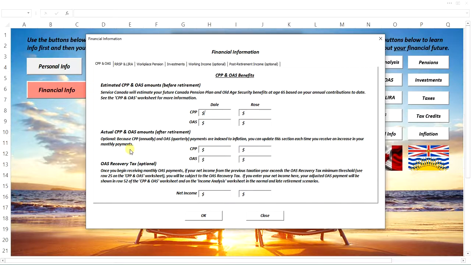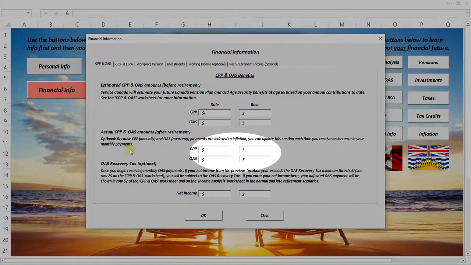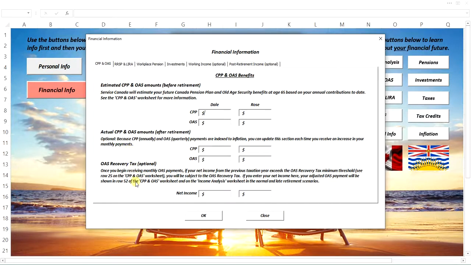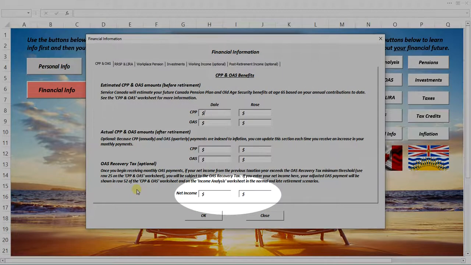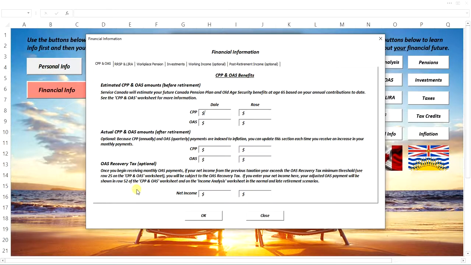In that case, once you start receiving your CPP and OAS, you can come back to this form and enter your actual amounts here. The OAS recovery tax is explained in great detail on the CPP and OAS page, and if you want to see how it might affect you after you retire, this is where you can enter your previous year's net income, which will be used to calculate the tax and then show you your adjusted monthly OAS payment for the current